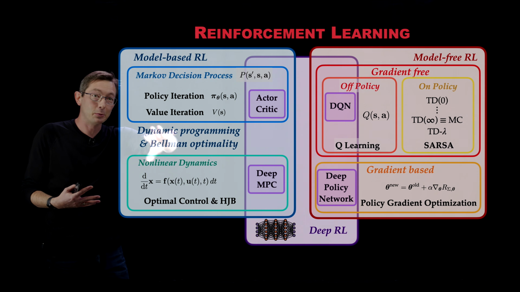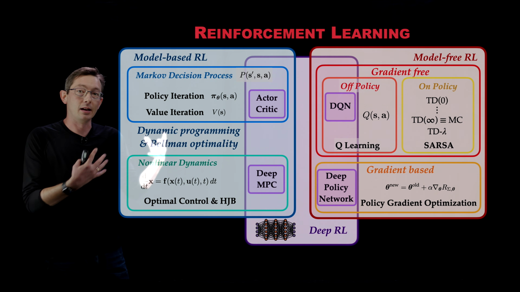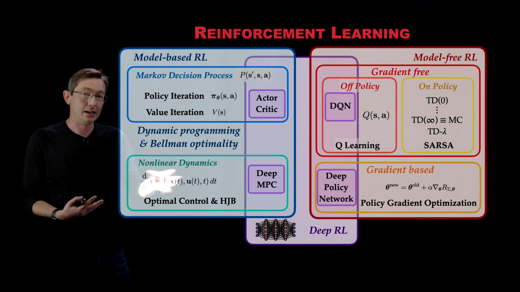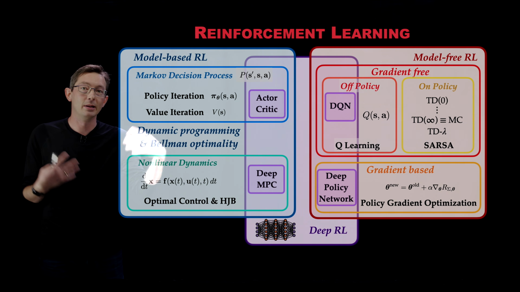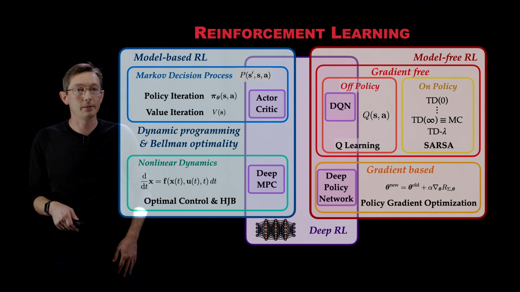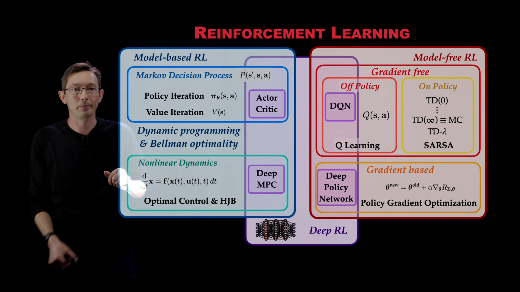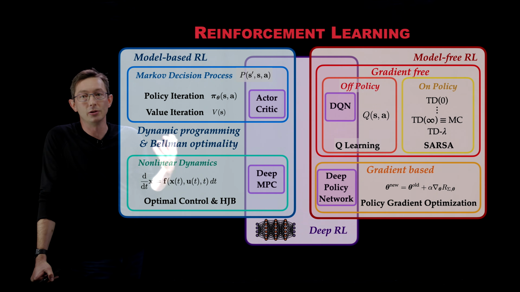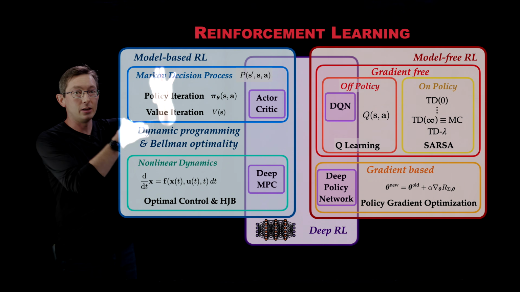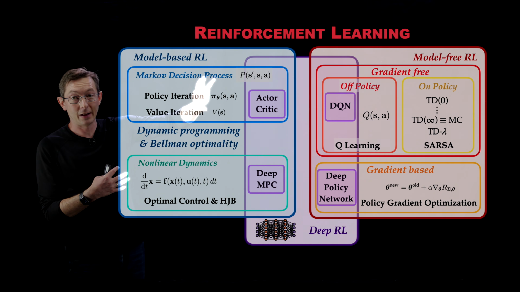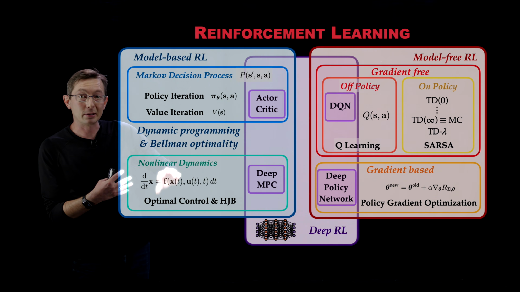This has a really rich history in optimization theory, dynamic programming, nonlinear dynamics. A lot of this came about from Richard Bellman's Bellman optimality condition and dynamic programming. Bellman made a huge impact to the field, coming up with these optimality problems, showing when you can solve subproblems and still get a globally optimal solution. And those are still being used today in policy iteration and value iteration algorithms, and in optimal nonlinear control